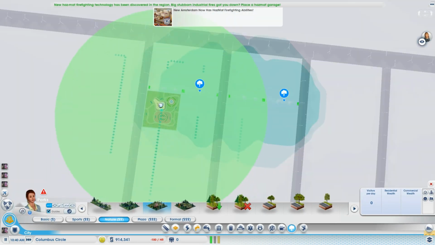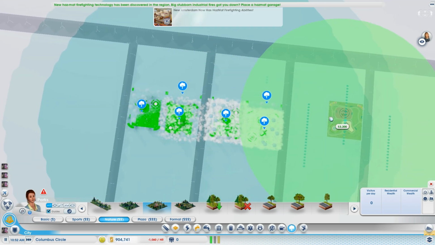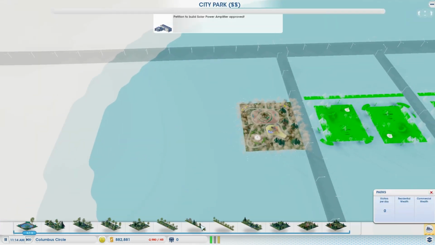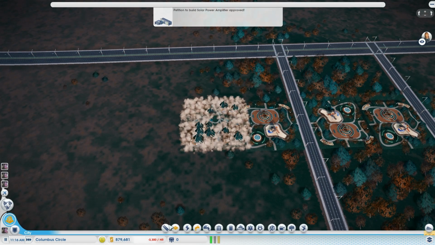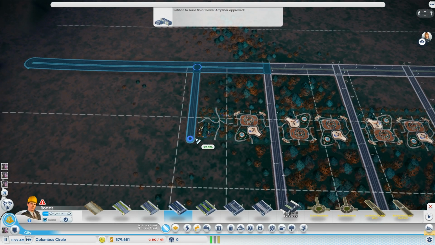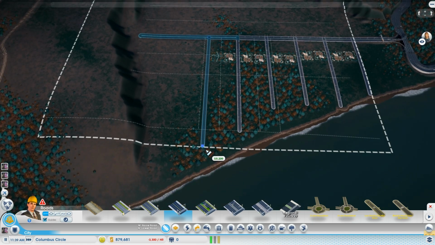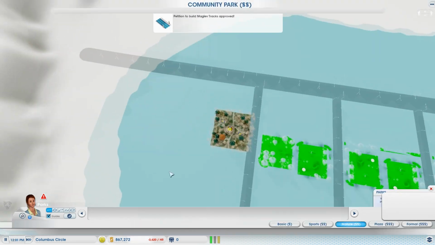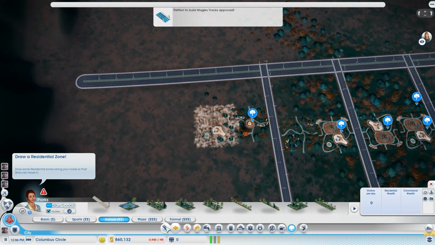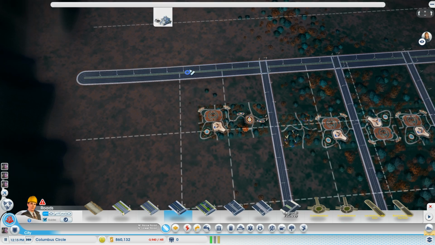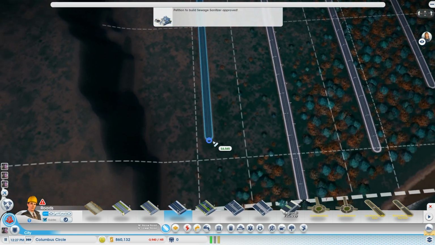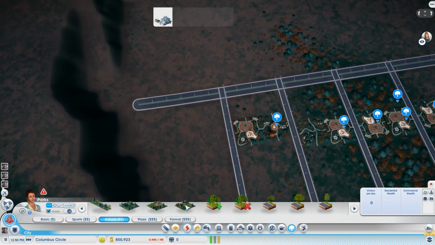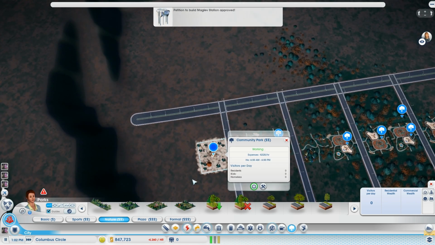Let me check this. Okay, those do fit back to back. I'm just gonna keep these here to see if they fit back to back, or I could just do it like this. Almost done. Alright, let's do it just in case I'm gonna do anything over here. So let's just pave that road real quick,